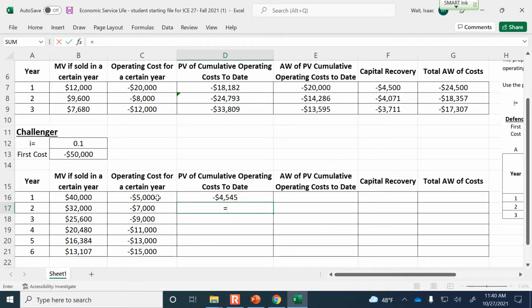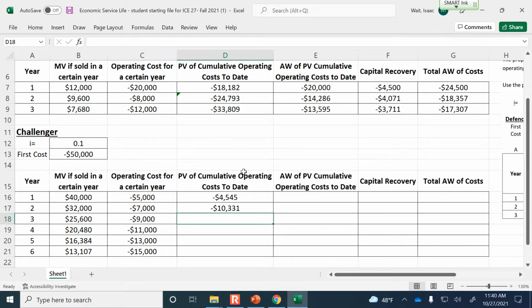If I own it for 2 years, though, then I've got 2 years of operating costs. So you can see here I've defined a range. The first input of the range is year 1, and the second input of the range is whatever row I'm on. And so if I anchor this reference up to year 1 by pressing the F4 button,